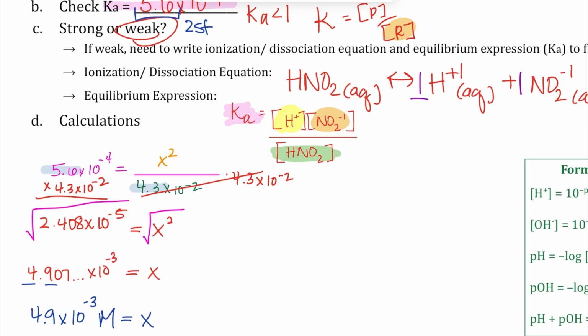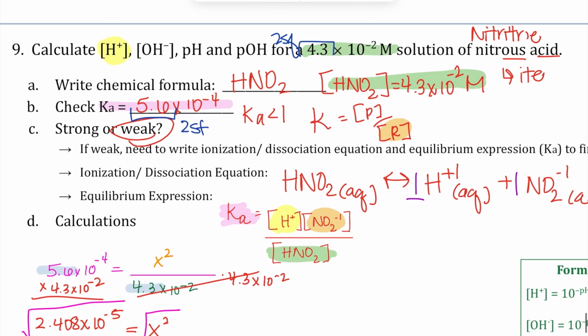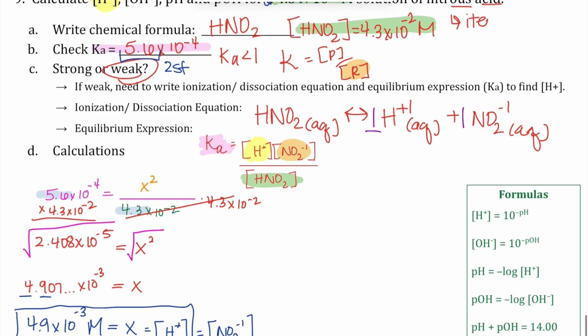And what is that equal to? Well, that is equal to our H plus. It's also equal to our NO2 minus concentration. But really the one that we care about is that H plus concentration, because now I have that piece that I can use to start the rest of my calculations. So I have that H plus is 4.9 times 10 to the negative 3 molar, and I can find the rest of this information. Well, if I have H plus, I know this value, then I can go ahead and